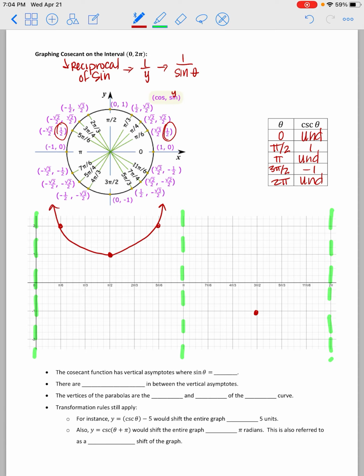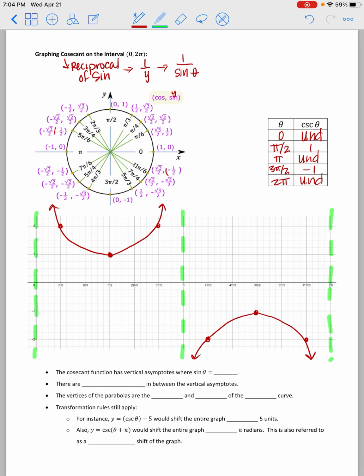So let me pick 7 pi over 6, just because they're really easy to flip. 7 pi over 6 is going to give me -2. And I'm going to go to 11 pi over 6, where again my reciprocal is going to be a -2. And so I have a parabola that's going to be in between these branches as well. And you know, you want to try to actually go through the points that you plot. It's helpful, but you get the picture. Okay, so there's our